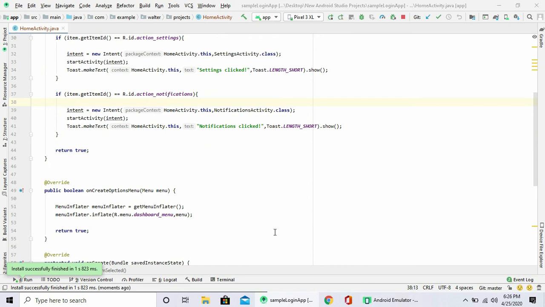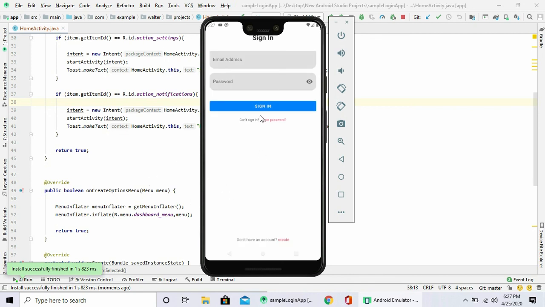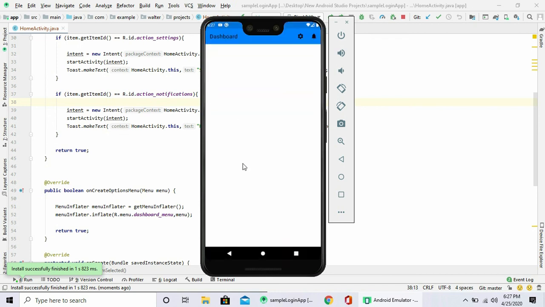Okay, so our project is ready. So let me just sign in. So you can just click on this one and it opens settings activity. It's a great job. And the notifications,